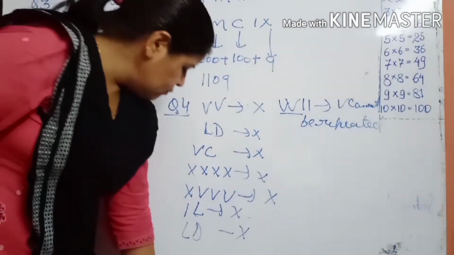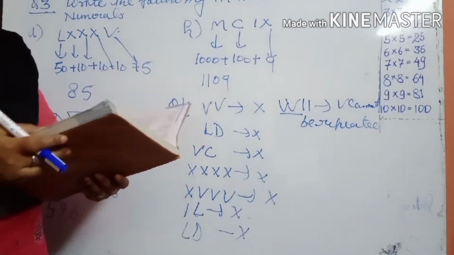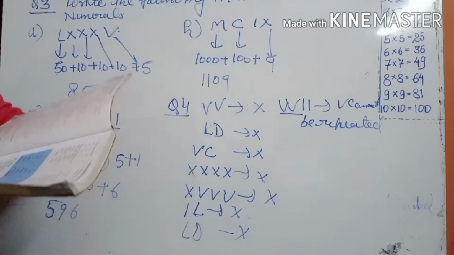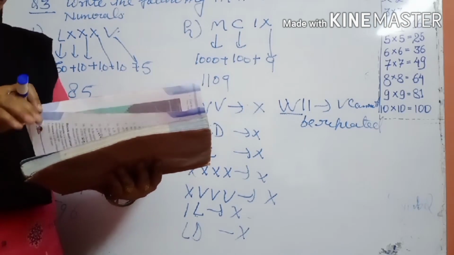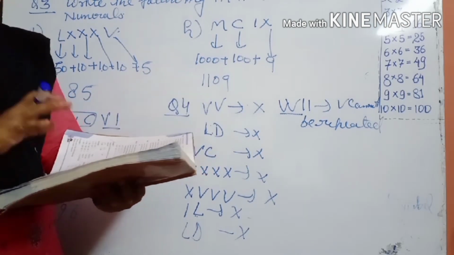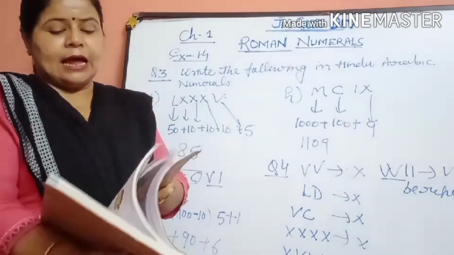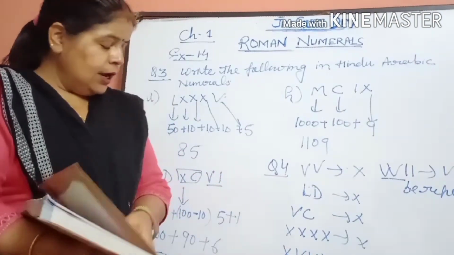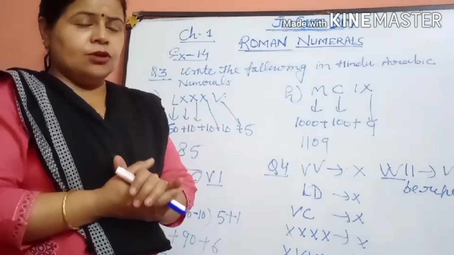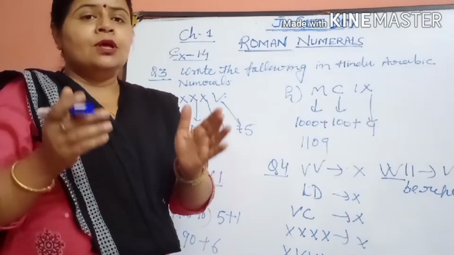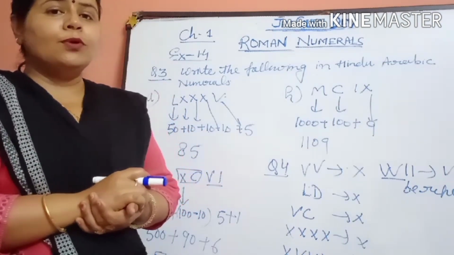Now, beta, today we have completed our last topic also, and the questions based on that are Roman numerals and exercise 1.4. Now till here everybody should have completed the course. You should complete your work up to that, and when we reach the next class, I will start chapter number 2. So it is my request to you to complete up to here, and if you have any doubt, again I am saying, you can send me your questions on my personal WhatsApp number so that I can remove your doubt.